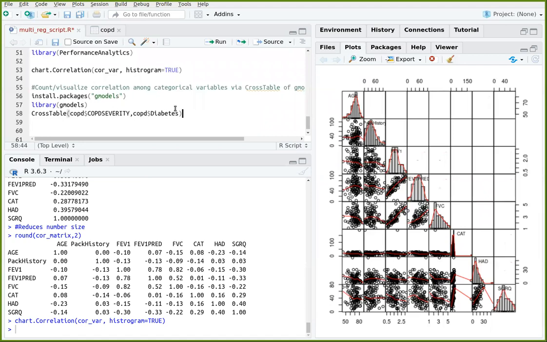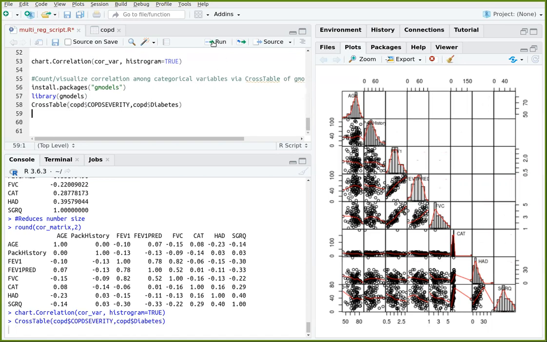These are two categorical variables in the data. Diabetes is just 1 or 0, if they have it or they don't have it. And COPD severity, which is the pulmonary disease severity, has, I think, 4 different levels. So 0 is low, 1 is mild, and so on. So if we run that,